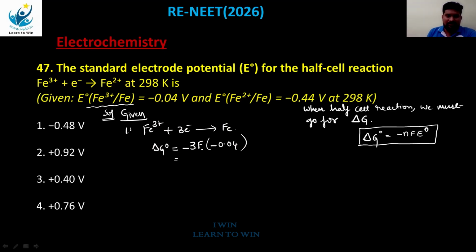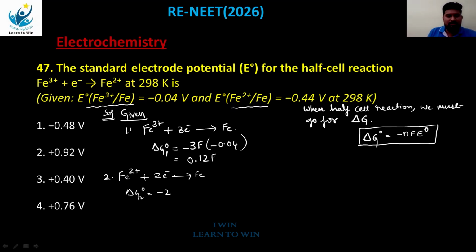Now when we do this, what will be the result, my dear students? Minus minus plus, and we are getting 0.12F. This is the delta G naught for the first reaction, I am mentioning it as delta G1 naught. Now going to the second reaction, my dear students, they have mentioned Fe2+ to Fe. That means for this, we require 2 electrons and we are getting Fe, and delta G2 naught for this is